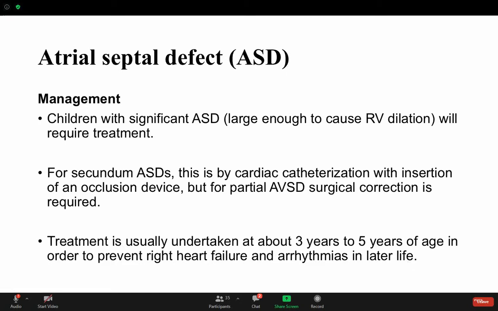The message in the ASD is not that significant. You could wait on them. If it is secundum, you could close them with the cardiac cath. If it is primum or large defect, you need an open heart surgery. تمام؟